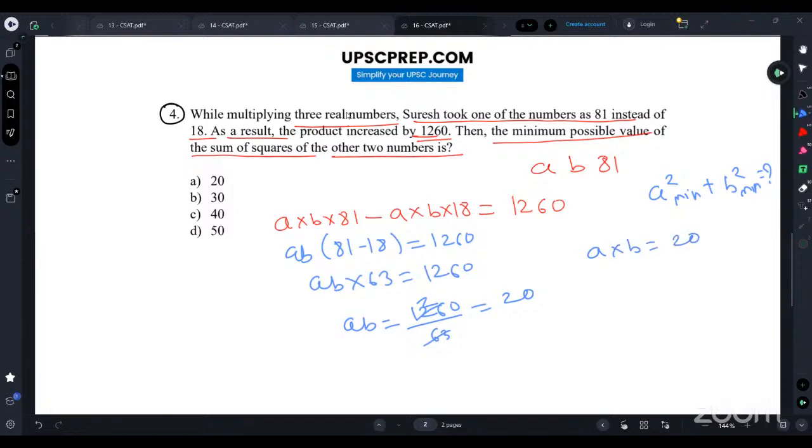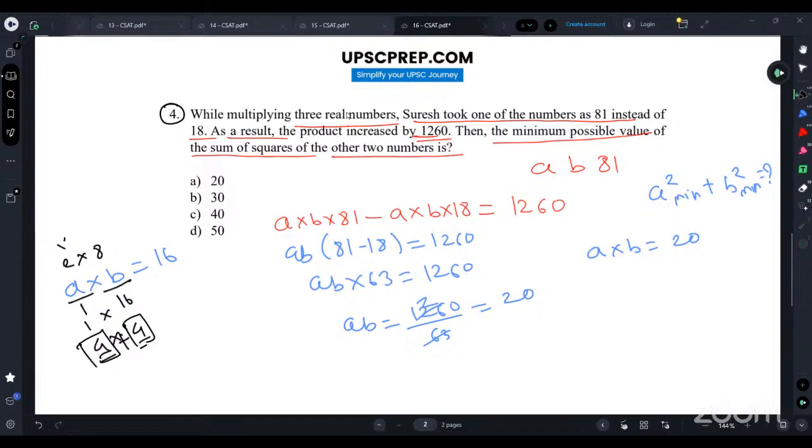As you know, guys, let's say for example, I have two numbers such that A into B is, let's say, 16. Then what can be the possible values of A and B? A can be 1, B can be 16, right? But what can be the minimum values of A and B? Minimum values of A and B will be 4 and 4. When the numbers are equal, then you have minimum values. Otherwise, you will see it can be 2 and 8, right? Whenever you have equal numbers, both, then you get the minimum summation,